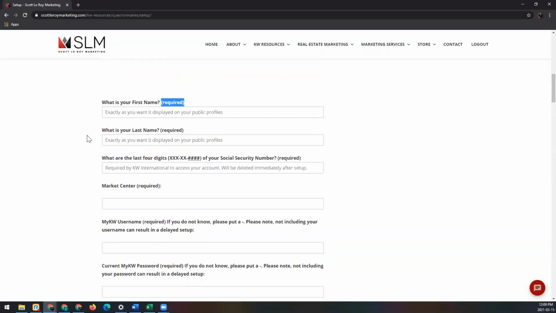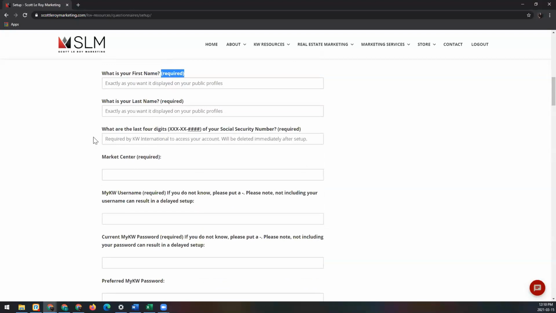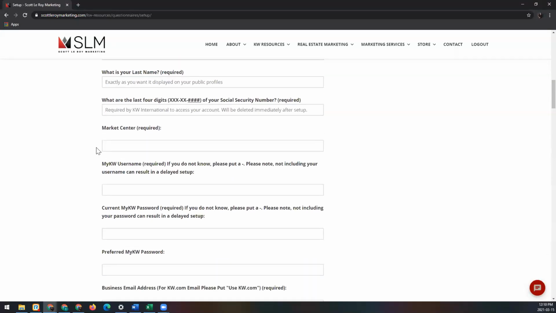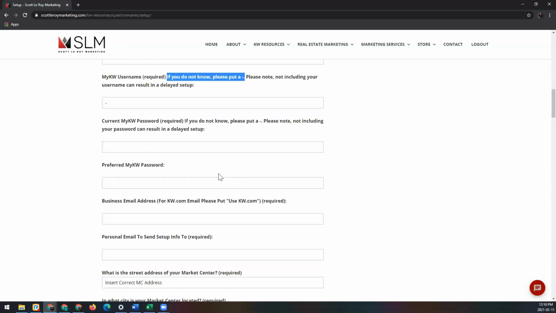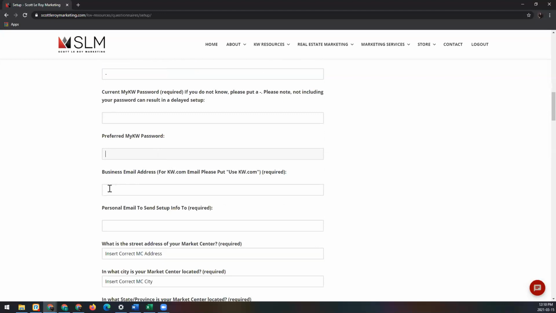So you have your first name, last four of your social, Market Center, MyKW username and password. Now, if you do not know these, you can put a hyphen or dash because this field is required, so you do need to put something here. But if you have not been given it yet, then you can just simply put a dash. What you would prefer your MyKW password to be, what you will be using as your business email address,